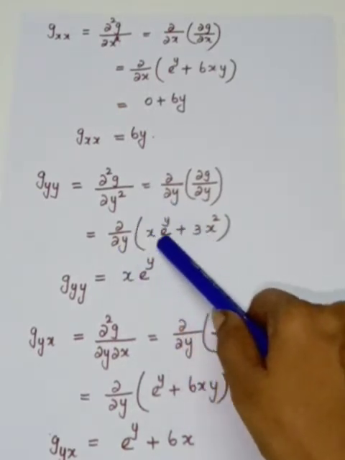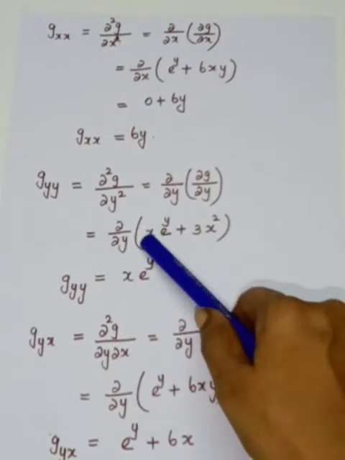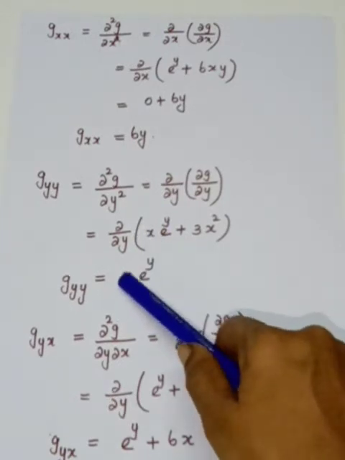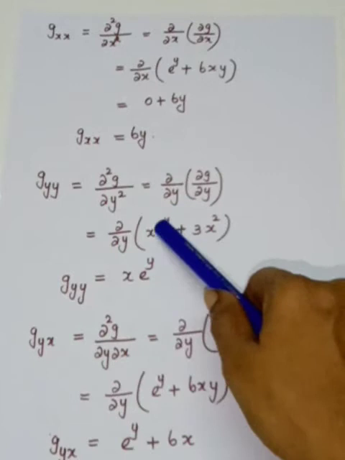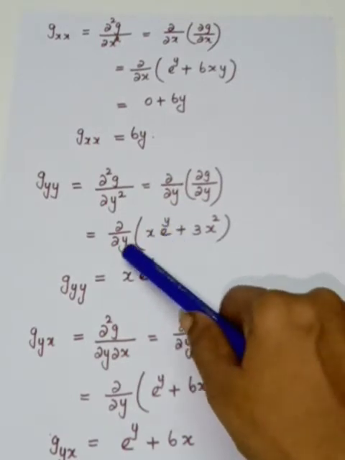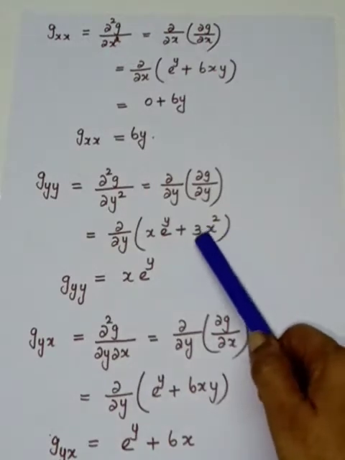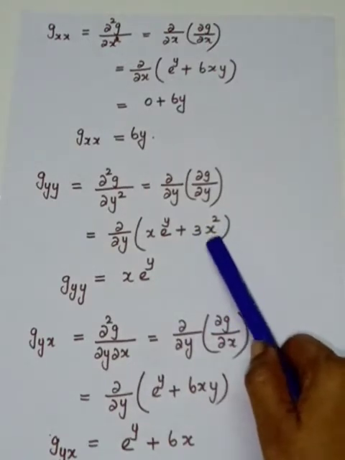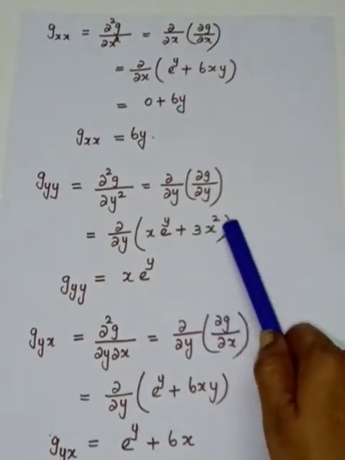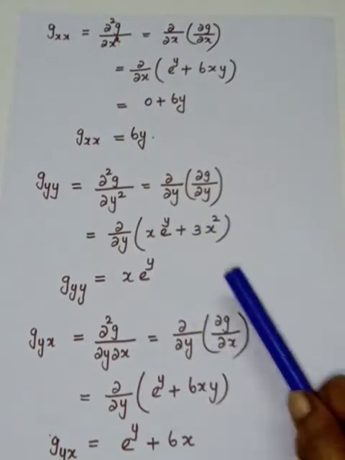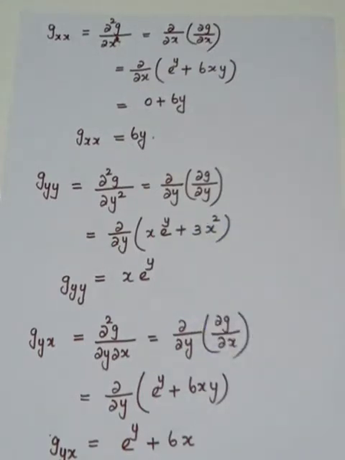Okay. So here x and y are involved. x is a constant, so it has to be taken out. What is remaining? e power y. e power y differentiation with respect to y is e power y itself. And come to here. 3 is a constant. x term is a constant. So therefore it is a constant whose differentiation is 0. Okay. Come to the next one.